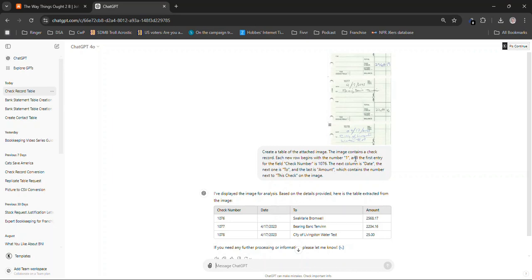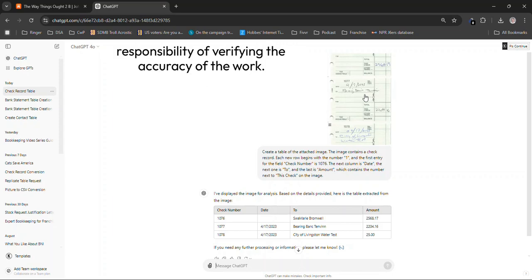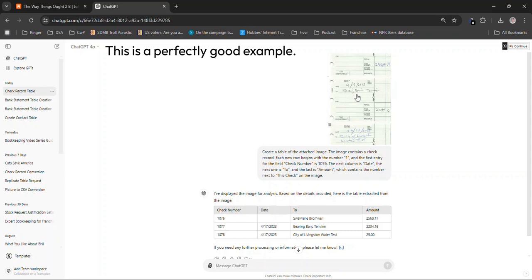Okay, so as you can probably tell, this does need some work. Now, one thing in regards to ChatGPT is that this doesn't relieve you of the responsibility of verifying the accuracy of the work. This is a perfectly good example. For example, check number 176 is to Swa Marie Bromwell. But if you look at it and zoom in, it's actually,